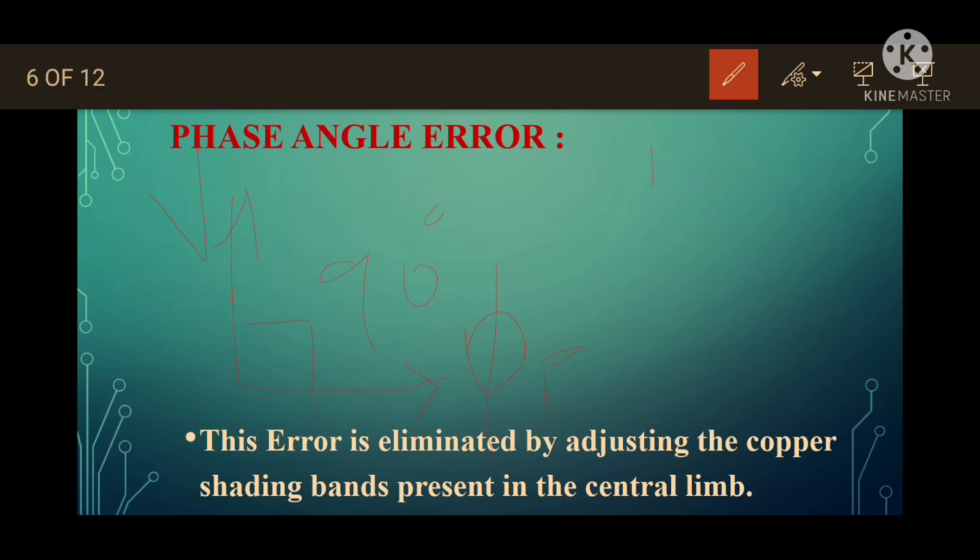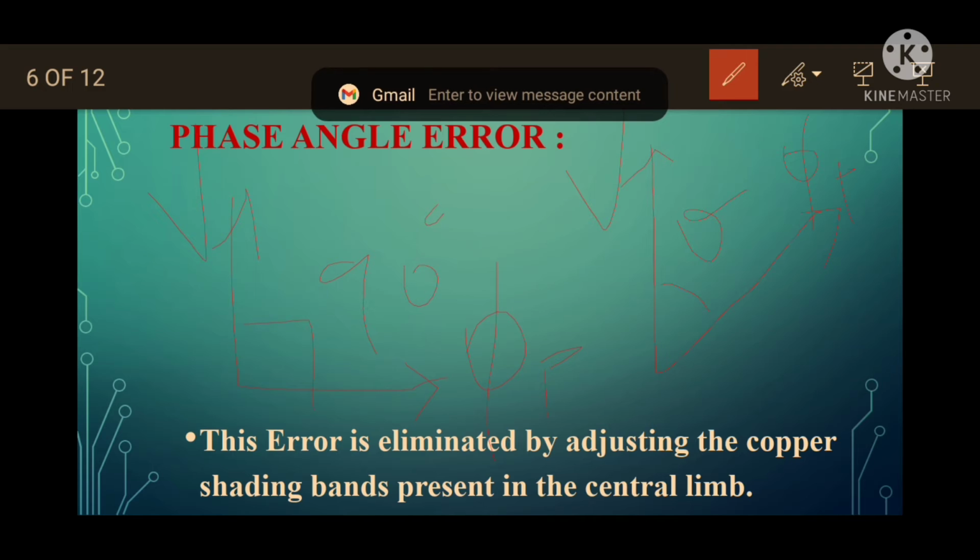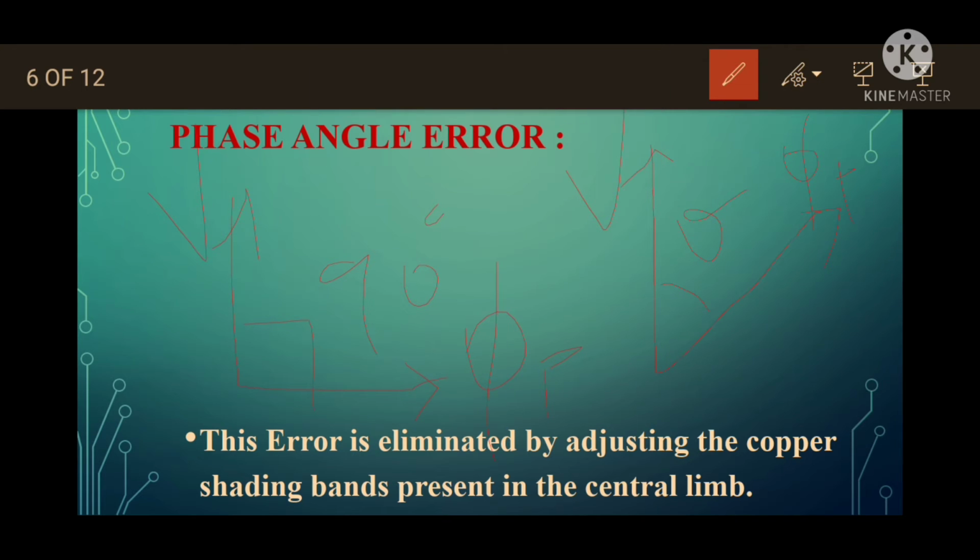But practically it won't be applicable. So it will be lagging behind the voltage by an angle, say theta. So when this is the case, that is, if the pressure coil flux lags behind the voltage by an angle theta, not by an angle of 90 degrees, then it has to be corrected so that the operation will be more accurate. That is, so that the torque equation applies for this energy meter operation. So that can be eliminated.